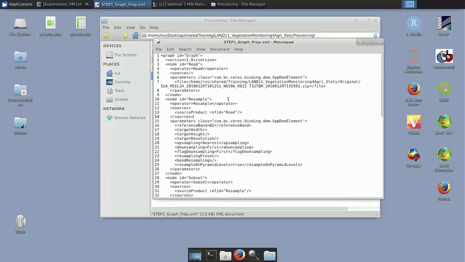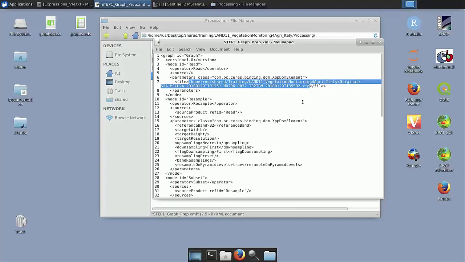Now, in order to be able to use this in GPT, if we only wanted to run it once on this particular product, we could just go to the GPT, pass in this graph, or the path to this graph, and run it. But if we want to actually run in batch, GPT unfortunately does not have a simple tool to run in batch, and you need to use a little bit of bash scripting. So let's convert this graph into something that the bash script can understand and set parameters in a loop and process